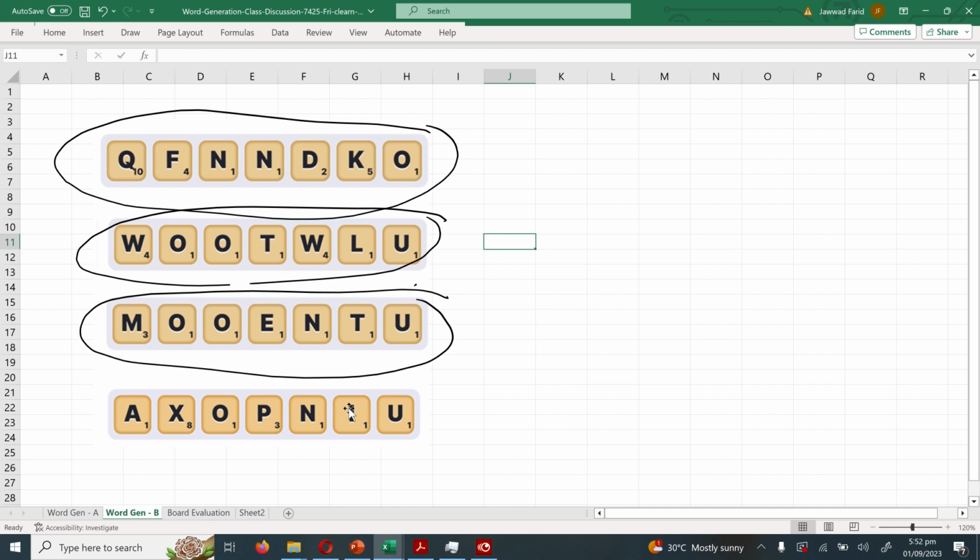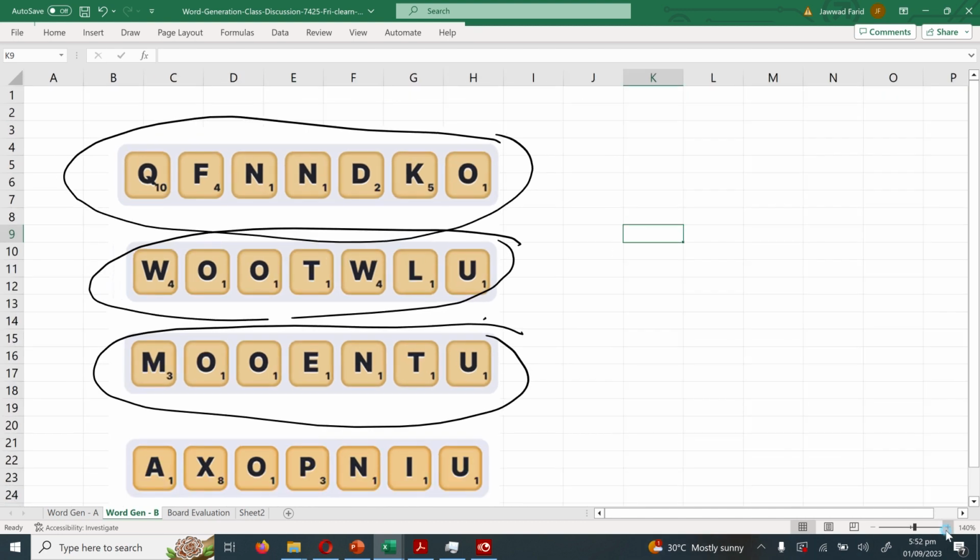So our first step is to go out and create a simple column. In this column, I'm going to zoom in a bit so that we can see the screen more clearly. Okay. So our first step is to go out and pick the first letter. The first letter column is essentially going to be WOOTWLU. This is a really complicated case because you've got 2 repeating letters, 2 W's and 2 O's. But let's see how it goes. So 1, 2, 3, 4, 5, 6, and 7. So these are the 7 tiles on my slate,